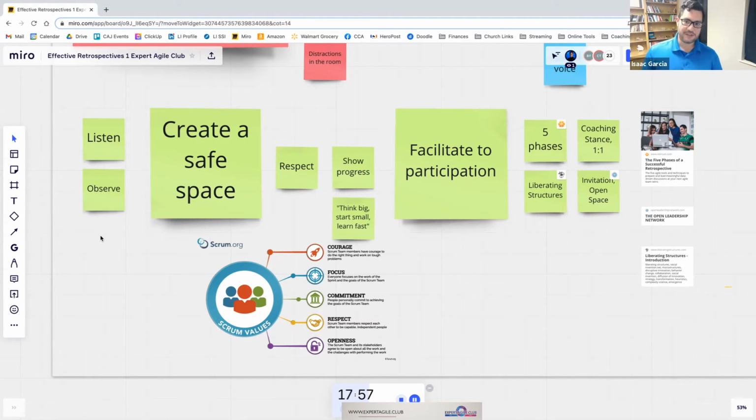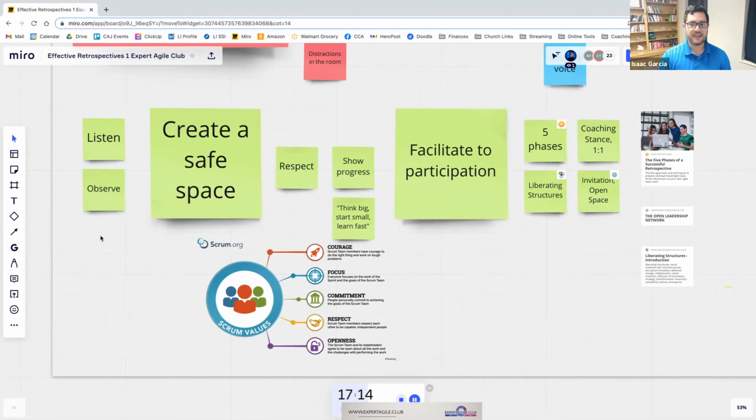You want to do everything you can do to create a safe space. Read the retrospective prime directive at the beginning of a retro. If you feel like safety is a problem, do a safety check. Ask everyone to anonymously report how safe they feel so you can show the team, look, we have several team members who don't feel as safe, like they can speak up and say what they want. It's your job to create that environment, if you're leading a retro, where people can feel safe to comment, safe to disagree, safe to add their voice to the conversation. That's a whole other topic. But if you can create a safe space for the team, you will see more effective retrospectives.